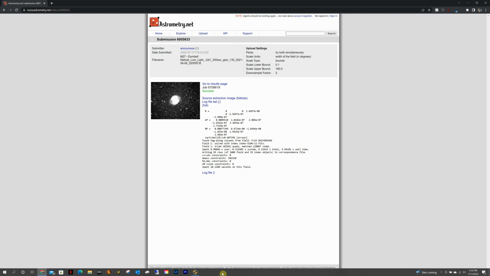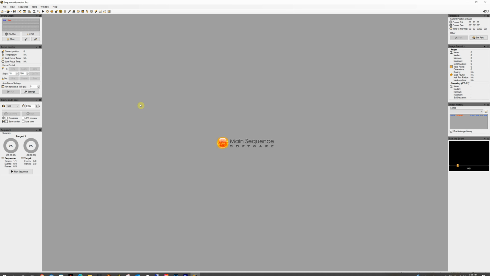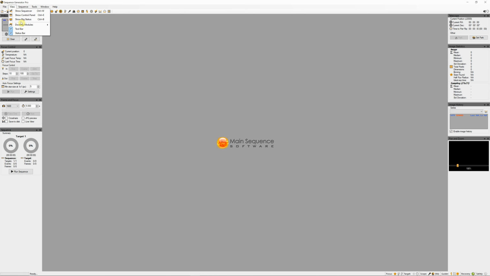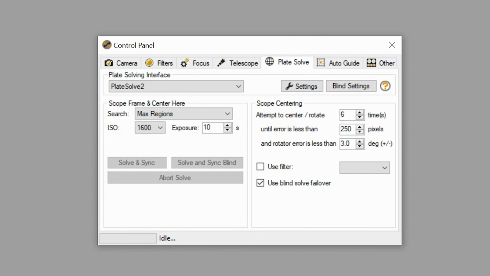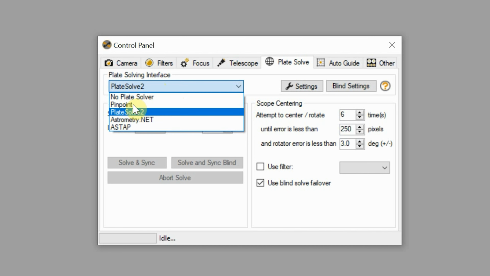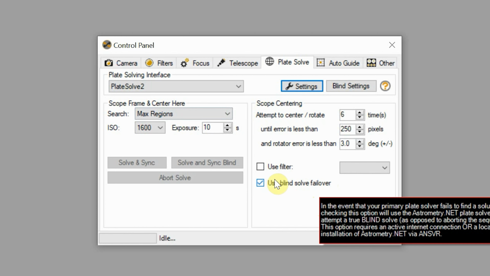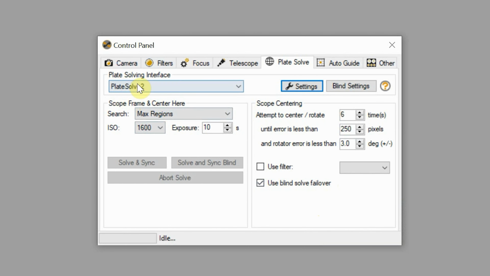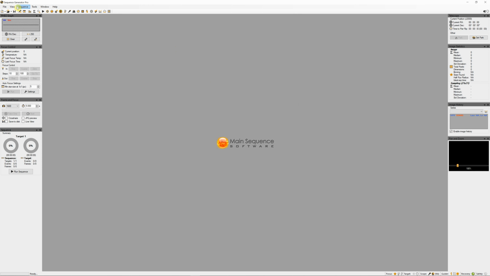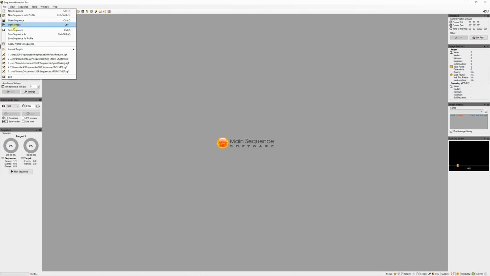The other way we can do it is through SGP itself, and it does not matter if you have your plate solver set up or not. So we've got astrometry.net, PlateSolve 2, we've got a couple options on here, and then the blind solve failover. So I can use either PlateSolve 2 or astrometry.net. So what I'm going to do is come up here to File, Open Image,